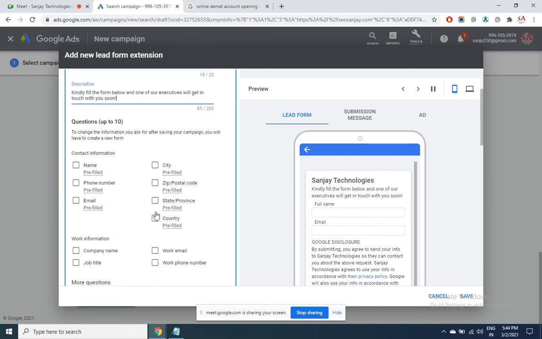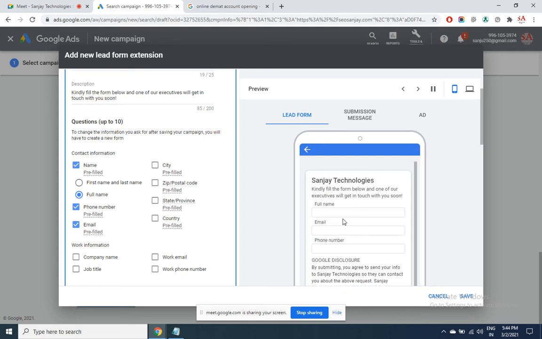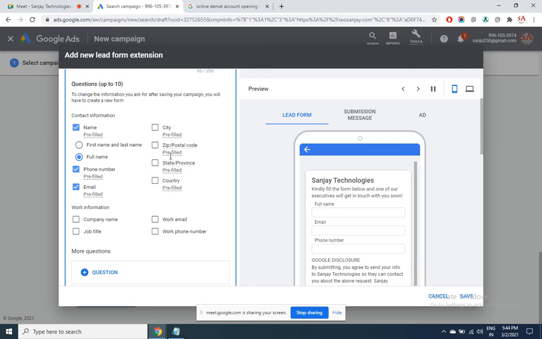What all do you want in the inquiry form? I want name, phone number, email ID. These 3 are very important ones. And then you can add more options depending upon your need. But my simple suggestion is to have as small an inquiry form as possible. The smaller it is, the more forms will be filled.